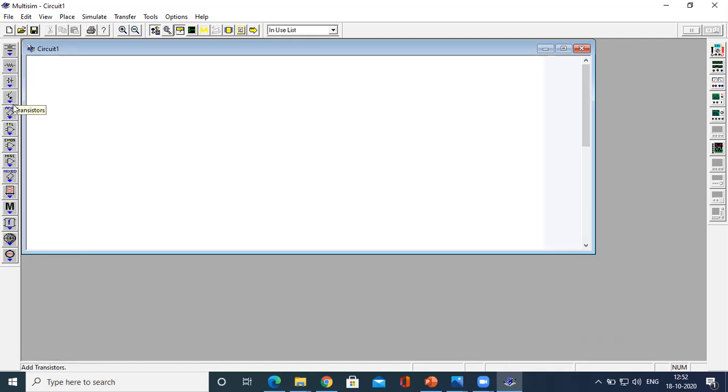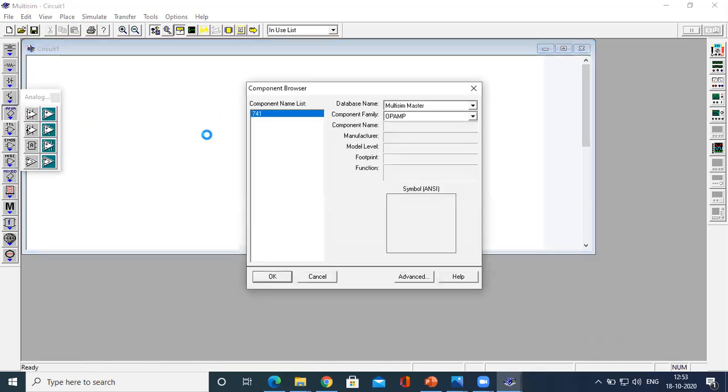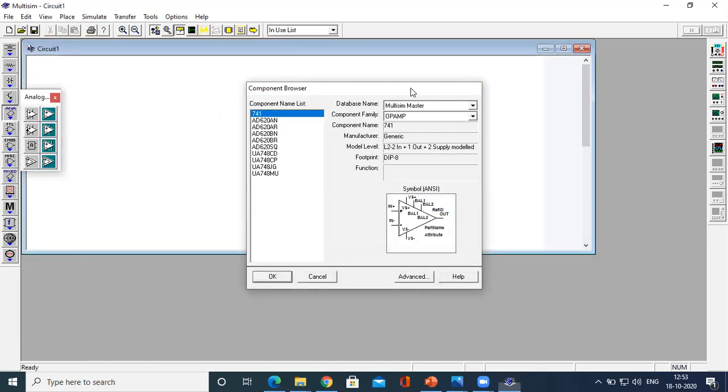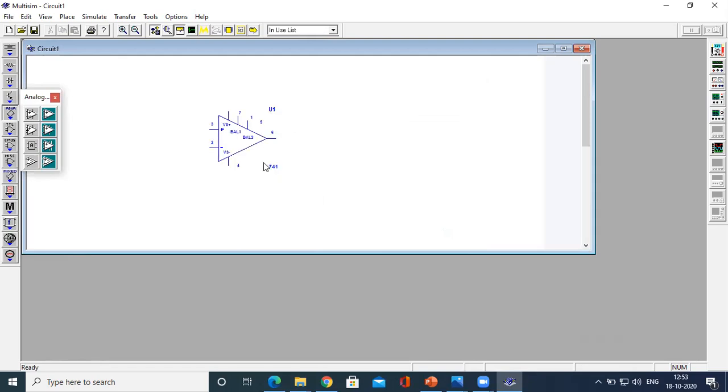Sources, basic, then when you say mixed, you have a 555 timer. You use the 555 timer for the experiment, and also the CMOS. For op-amp, the analog menu is there. When you click on this, you could see different virtual op-amps. For simplicity's sake, if I click on this, I'll not take a virtual op-amp. See, I click on this, it will ask which op-amp, 741 op-amp. So when you press OK, this will be placed like this, right?